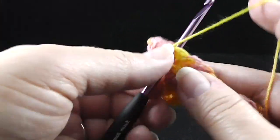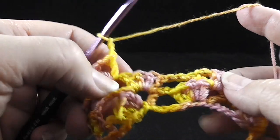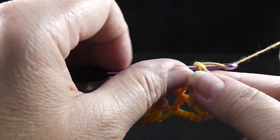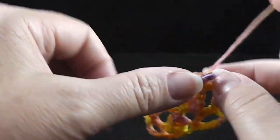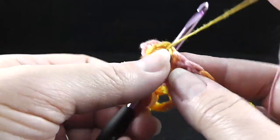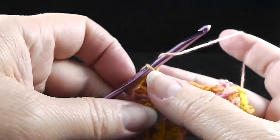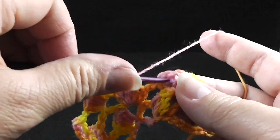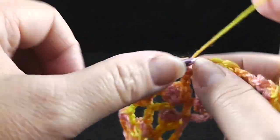chain 2 and a double crochet, and this is the one you're probably going to forget, chain 2 after that double crochet, and then we skip 4, skip the 2 chains, skip that double crochet, you know what I mean, then 4 double crochets in that chain 2 space, chain 2 and a double crochet, and don't forget, chain 2 after that, skip the 4 double crochets, the 2 chains, the 1 double crochet, 4 double crochets in the next chain 2 space,